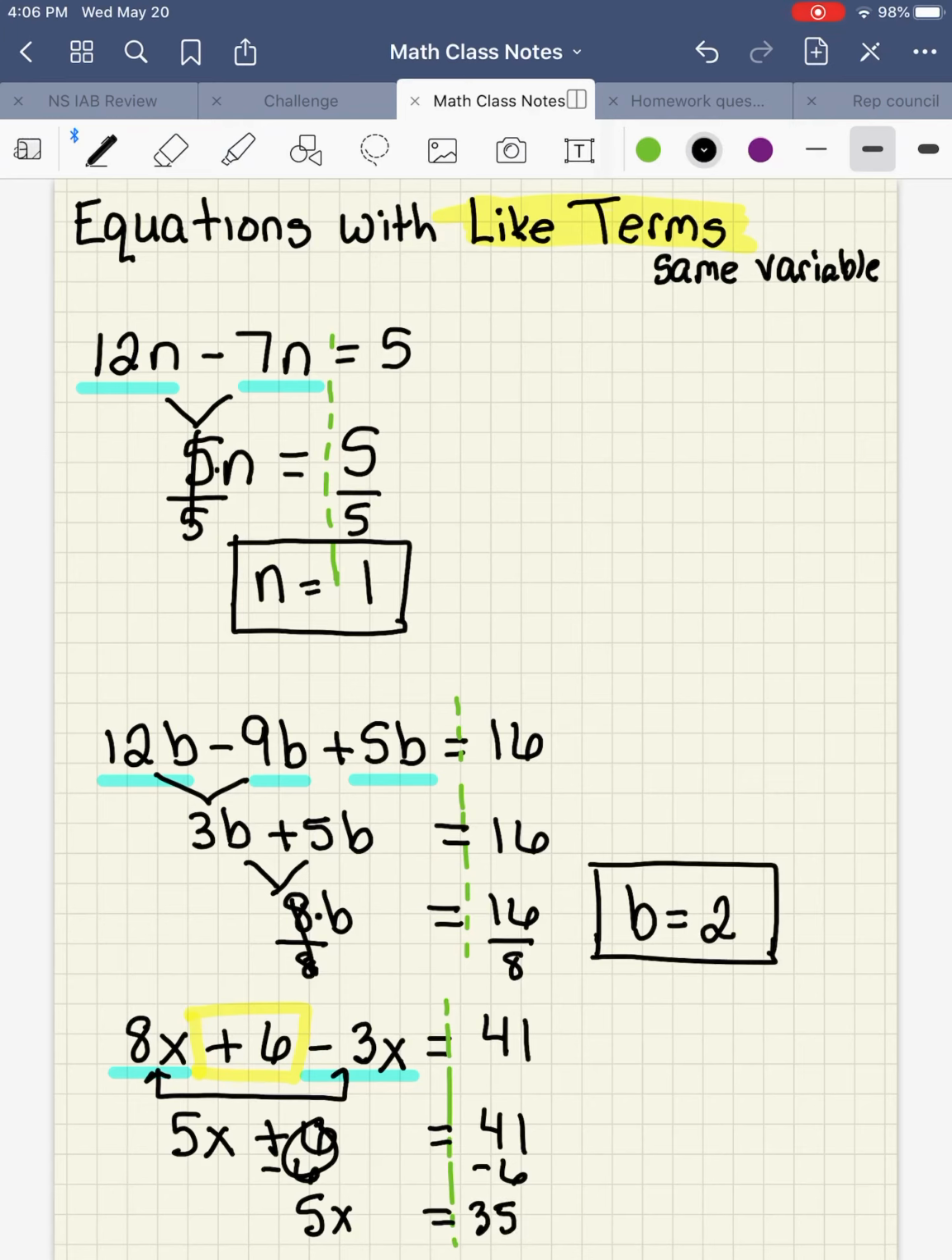Now I'm going to have to write small because I'm out of room. So to get rid of that 5, last step, opposite of multiplying is dividing by 5. Dividing by 5. So that cancels to 1. 1 times x is just x. 35 divided by 5 is 7. So there's my answer. Okay, combining like terms, if they have the same letter, same variable, you can add or subtract them to combine,